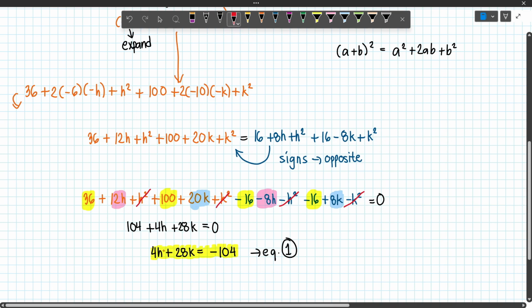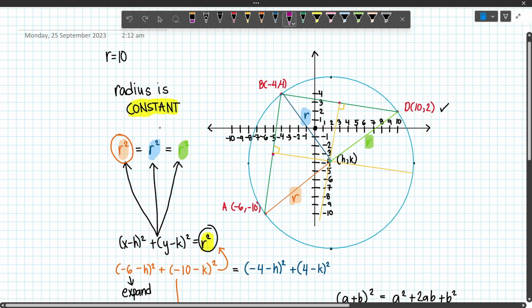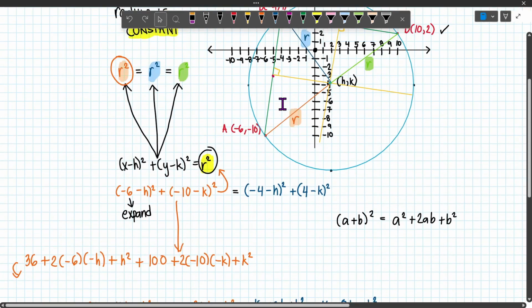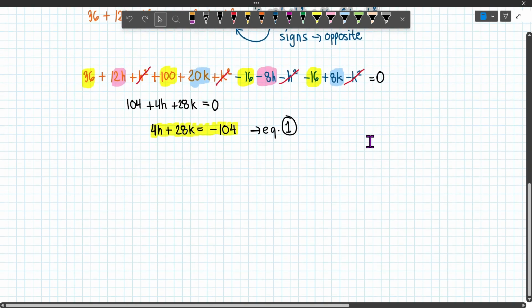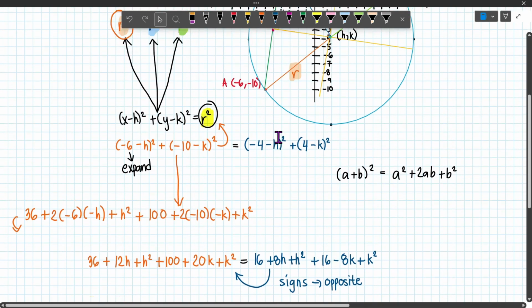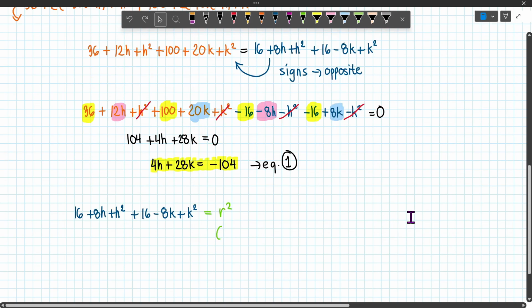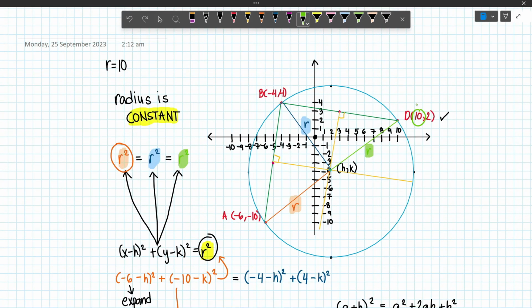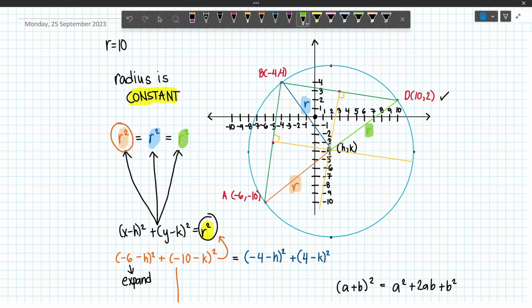Now, because we have two unknowns, h and k, we need to have two equations in order to solve for them. Our next equation could be this one. Now, let's copy the blue r, which is this one, and let's equate this to our yellow-green r equals r squared. So for our yellow-green r, our x is 10. So 10 minus h squared plus our y is 2